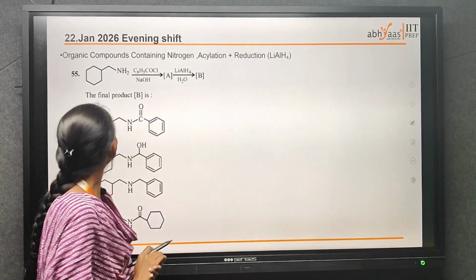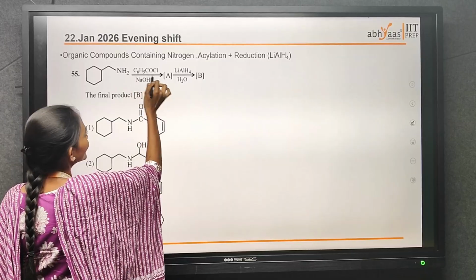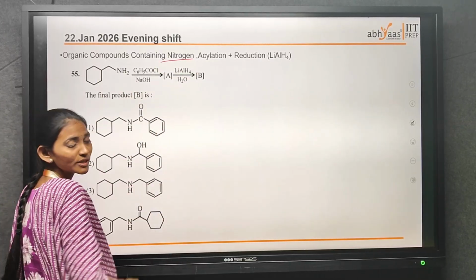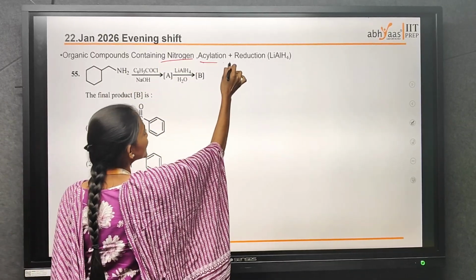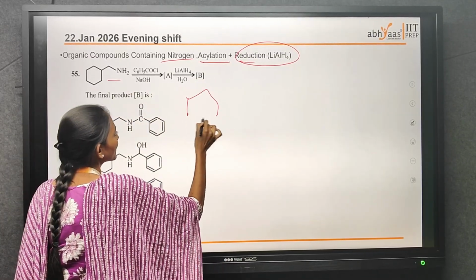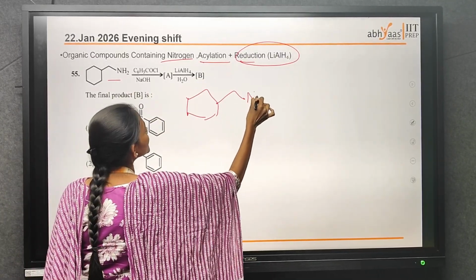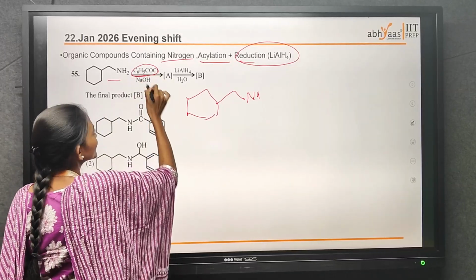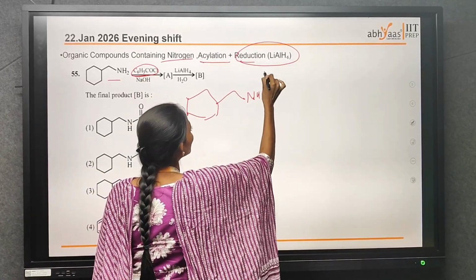And moving on to the next question. See here, they are telling that this question is from nitrogen compounds, organic compounds, and this is from acylation and reduction. So acylation means what happens here? See here what is happening. NH2, right? So you are doing acylation, which means what happens? C double bond O,